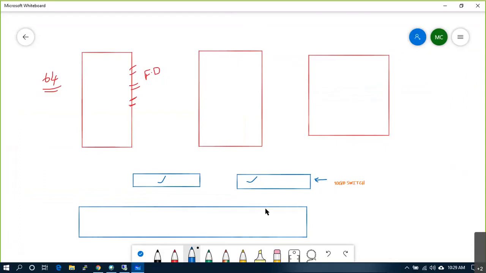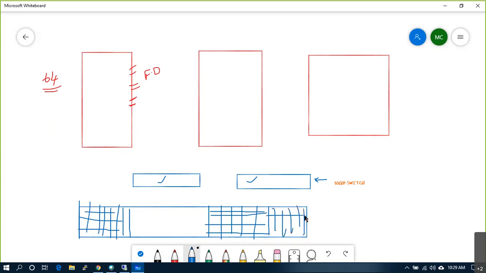It has some disk shelves. What does a disk shelf contain? It will contain all the hard drives.